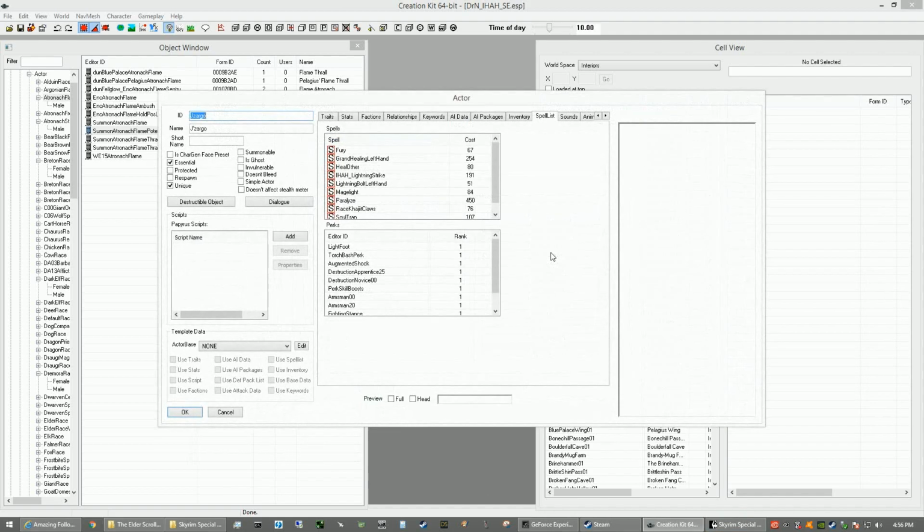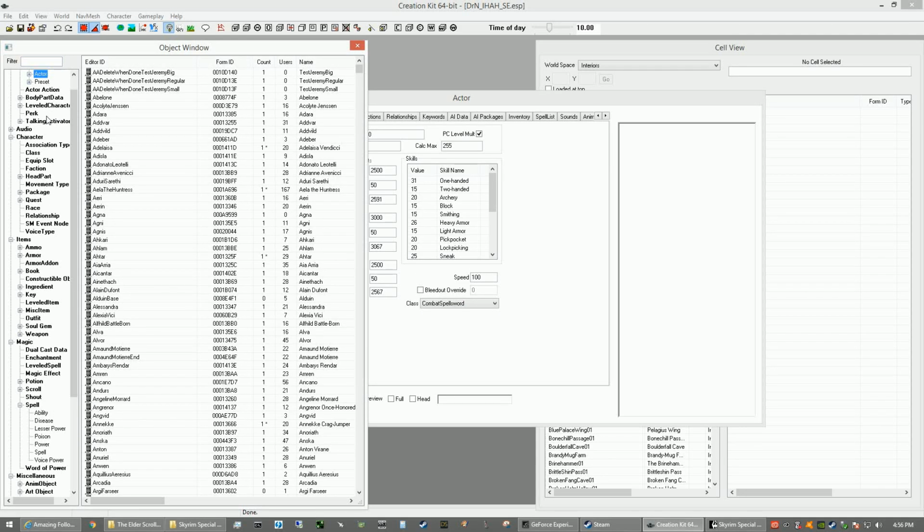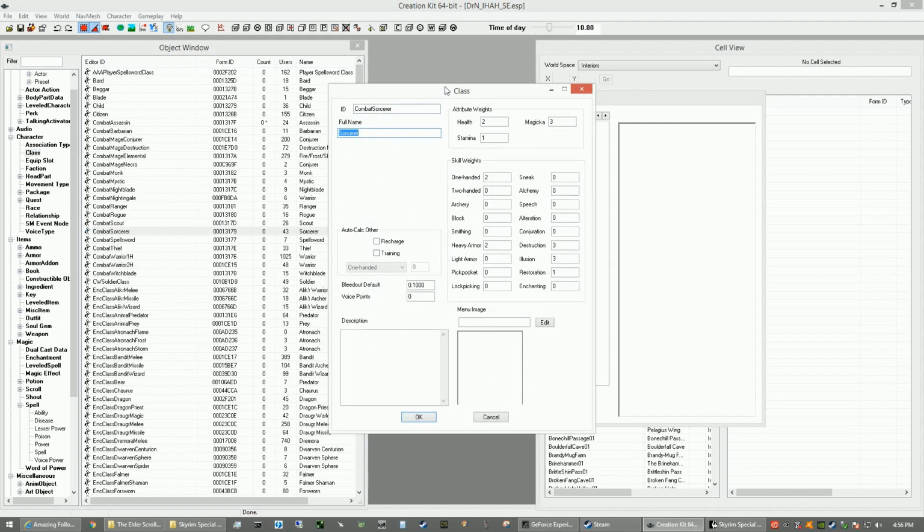J'zargo. Now, originally, he was set level matched to the player with a max of 0, no maximum level. One of the few followers, actually I think the only follower in the game that had no max level. Anyway, his original class was Combat Sorcerer. Which gave skill weights and thus leveling by these amounts to one-handed, heavy armor,